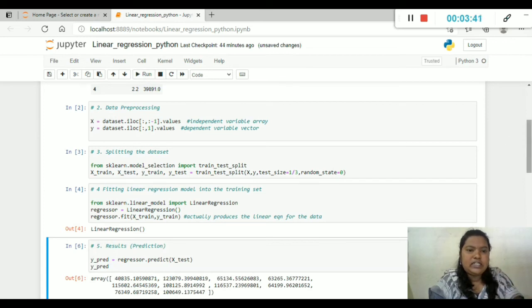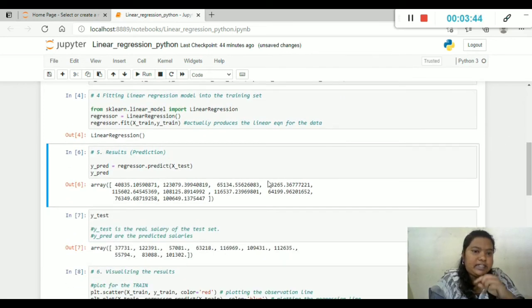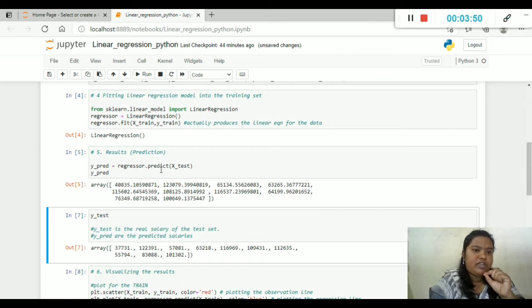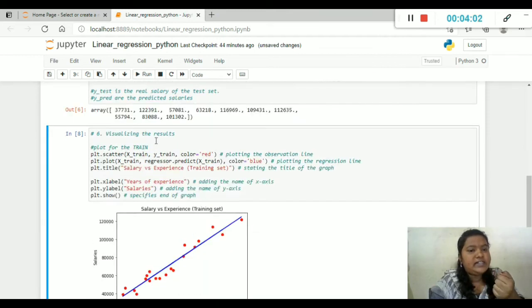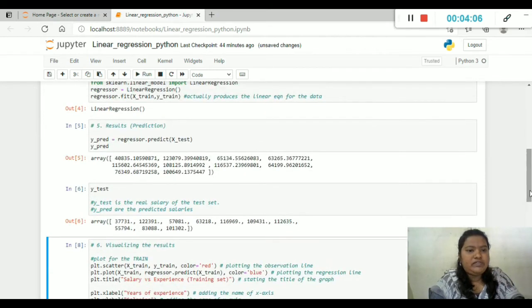To predict the result, the input will be the test data set that we have split using the train-test split. The input is the X test, and Y predict will be the predicted salaries for the years of experience, whereas Y test is the actual salaries. These are two different things.